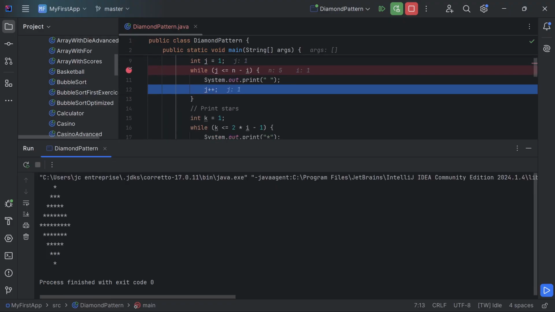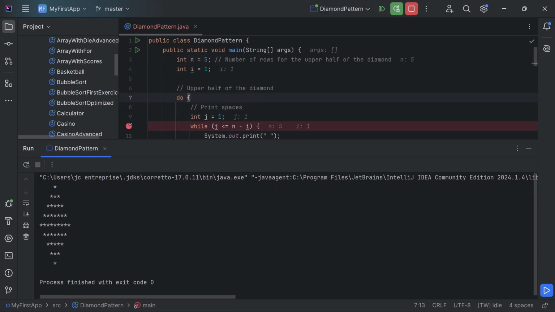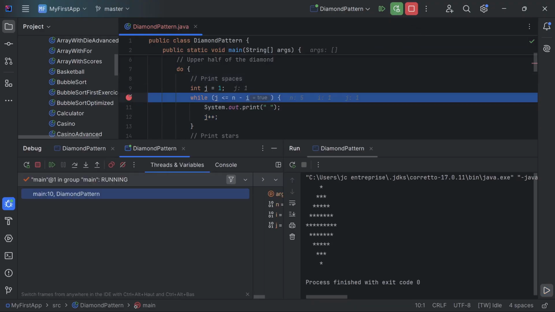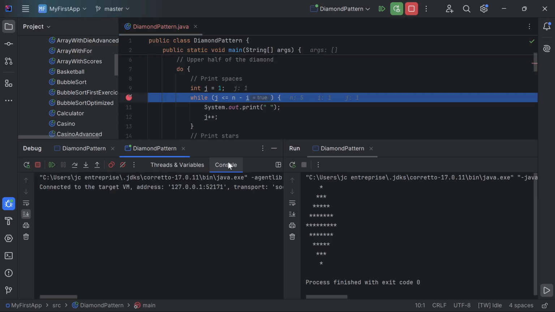The purpose of this do while is to create the upper half of the diamond. First, I'm going to print spaces here, and we are going to start in debugger mode with a breakpoint set at line 10. And here we go. We will check